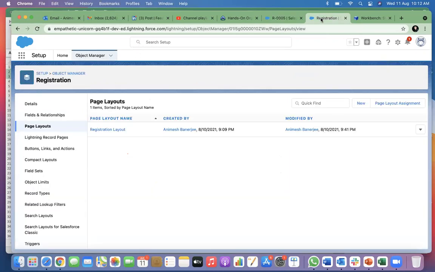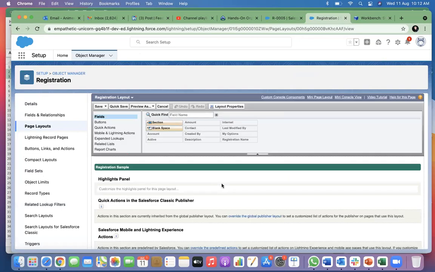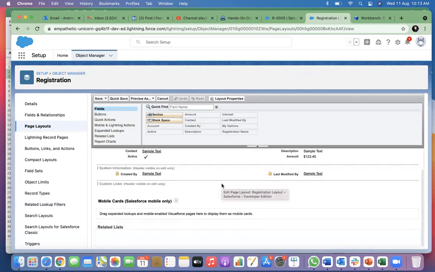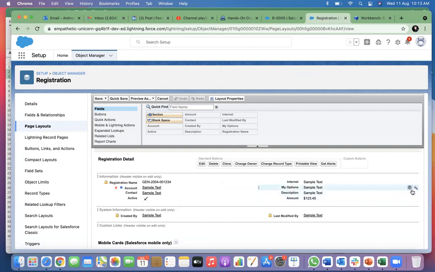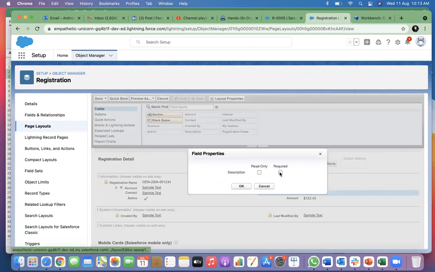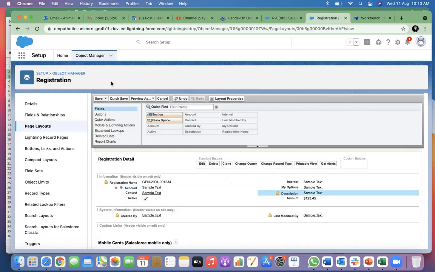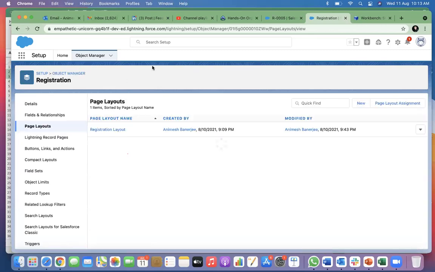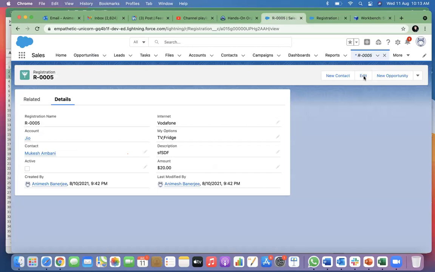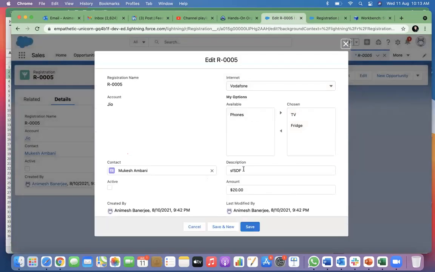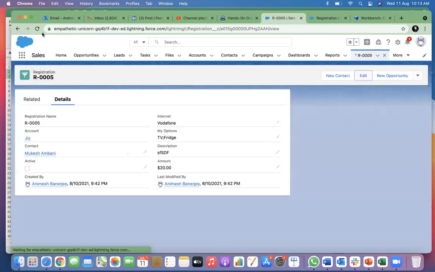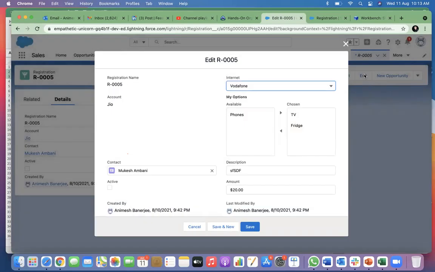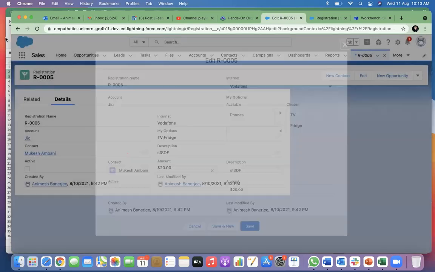In page layout also, you can make some fields mandatory. Why to use which one, we'll discuss this later. So in description, there is a wrench button and you can make it required. You can make it read only also. If you make it read only, then you will not be able to type anything. So if I make it read only and you go to the edit mode, it will take some time.